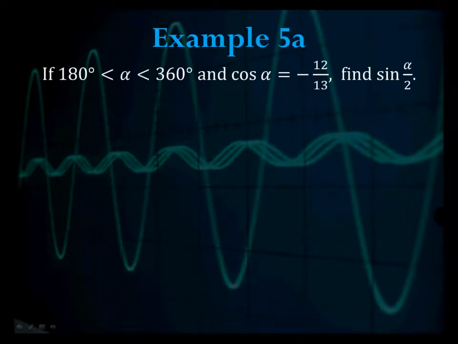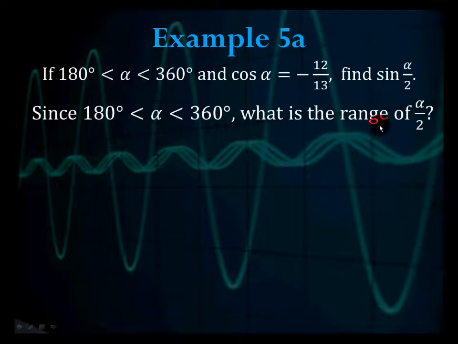Finally, example 5a. We have alpha between 180 and 360 degrees, and we're told that the cosine of alpha is negative 12 over 13. Find the sine of alpha over 2. Alright, so the first thing you want to do is figure out what the range of alpha over 2 is. Since alpha is between 180 and 360, how do you figure out the range of alpha over 2? Well, you just take this inequality and you divide everything by 2. So, alpha over 2 has to be between 180 over 2, which is 90, and 360 over 2, which is